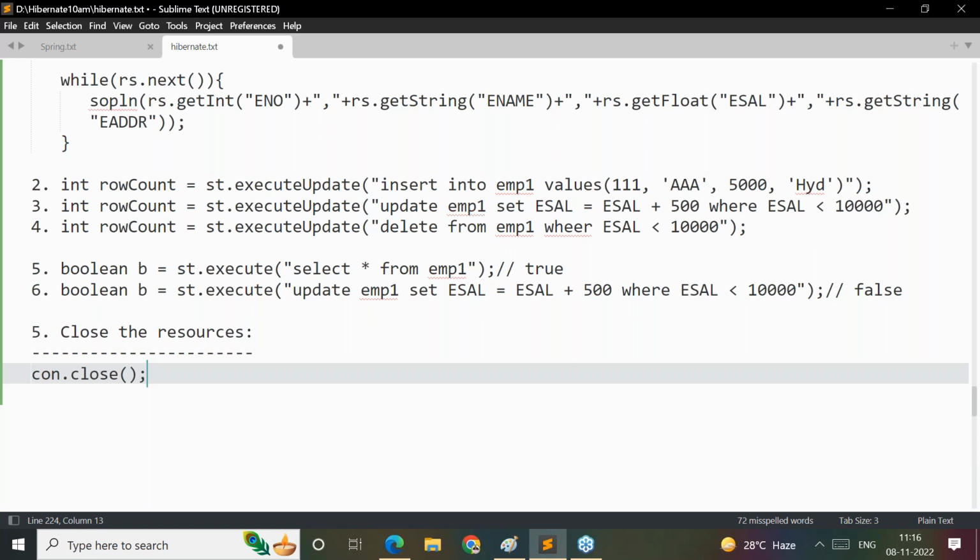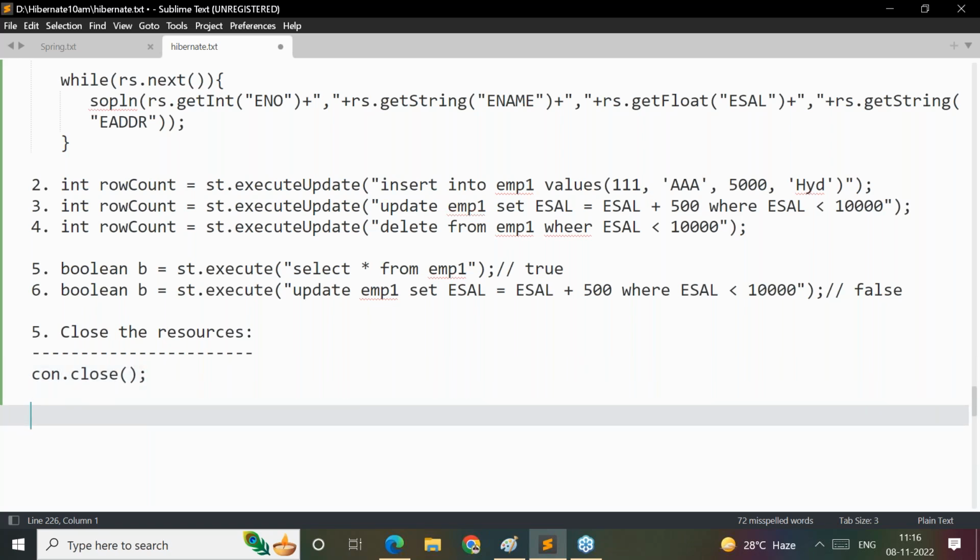Right, sir. Just close is sufficient, not required to go for the remaining part here. Now this is about what exactly are the steps we require if you want to prepare a JDBC application. That we prepared clearly, right guys? Fine. Then after understanding this JDBC, now here with this